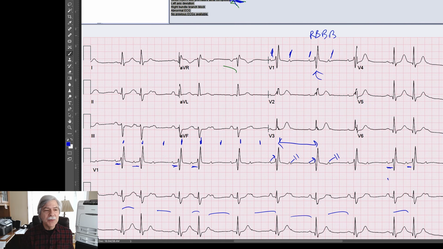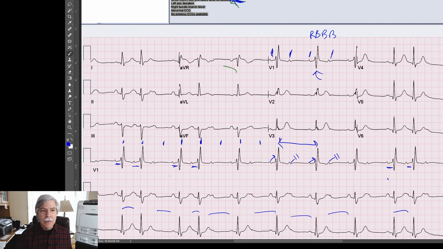So you have a right bundle branch block. You also have a left axis deviation. Doesn't quite meet the criteria for a hemiblock. But the point is that that right bundle branch block is sort of a clue that the disease is below the His bundle, and that this is type 2 with periods of high grade 2-to-1 AV block, whereas the other